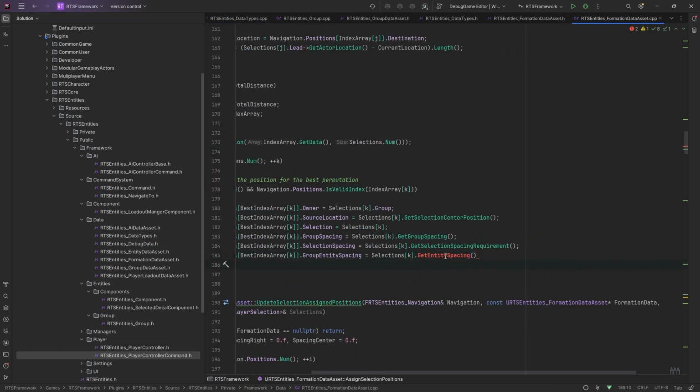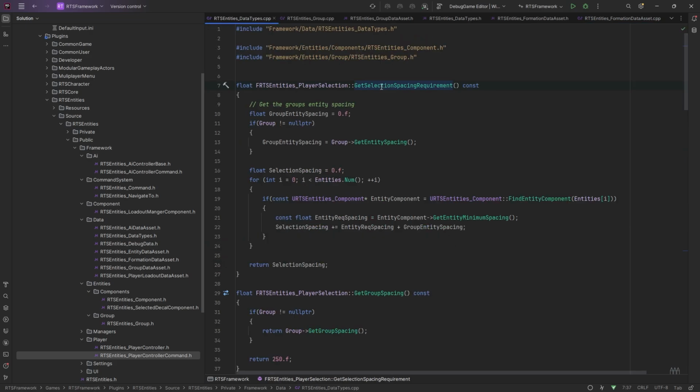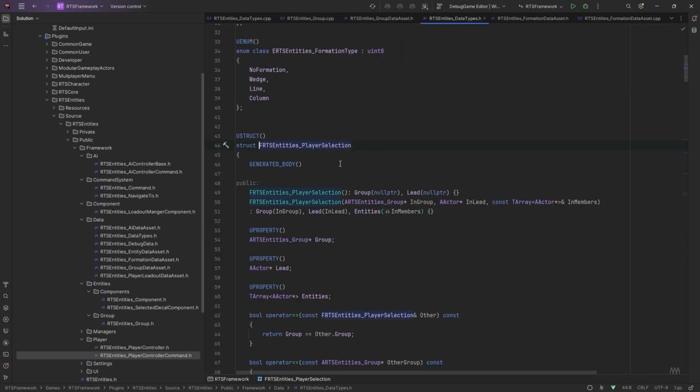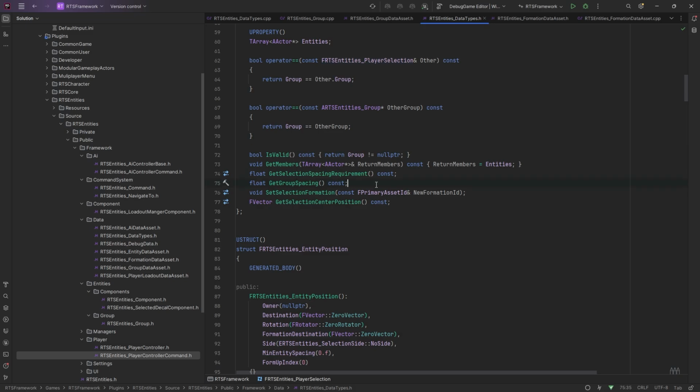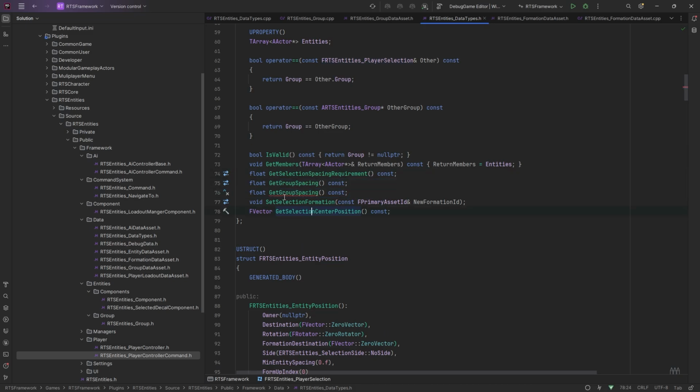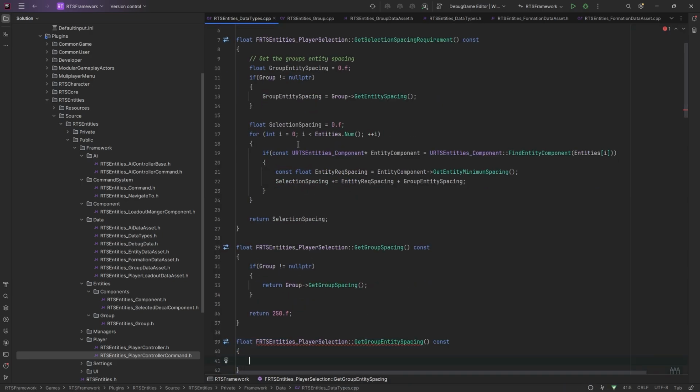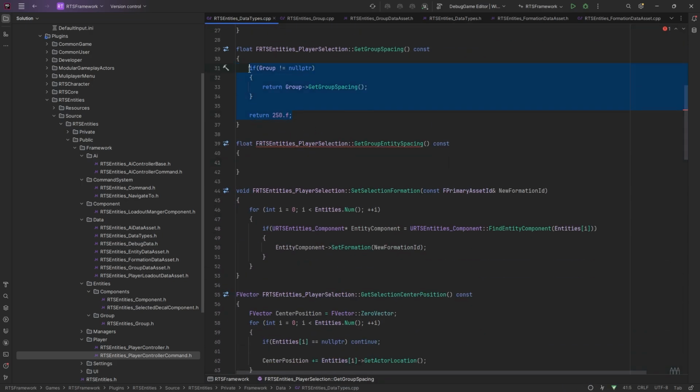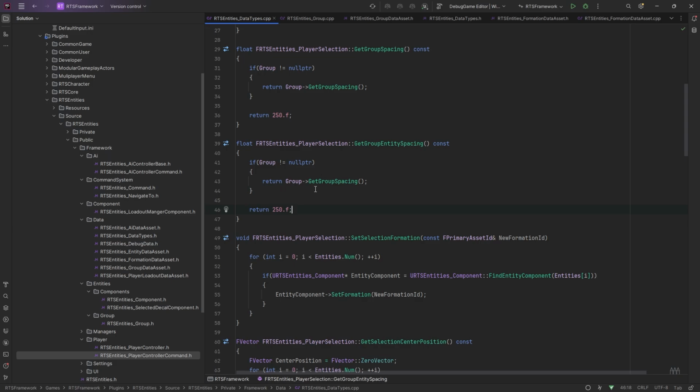Is there, oh, okay, so there's just no function on the selection data here for it. We can add that. We'll call it group entity spacing to match our diagram. Let's make that. And it's going to be the exact same as this here, except it'll be get entity spacing,